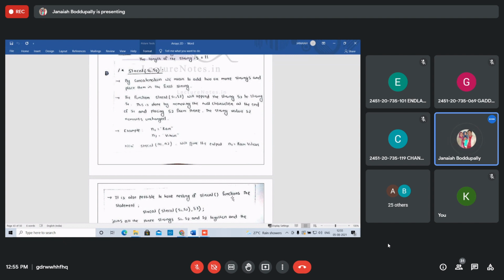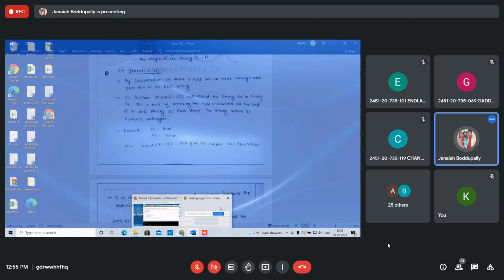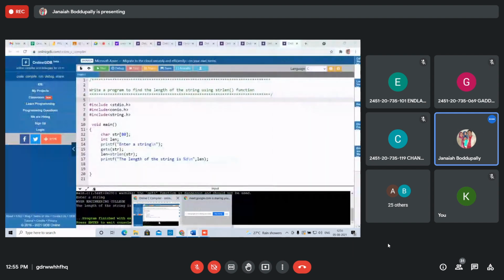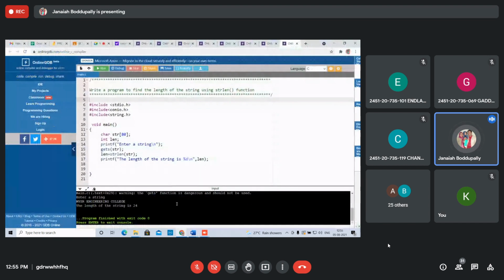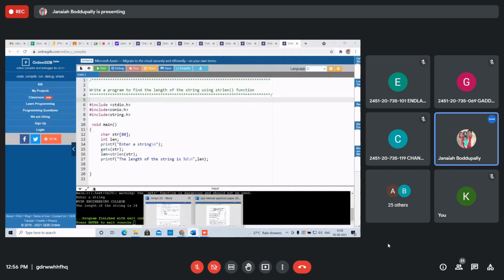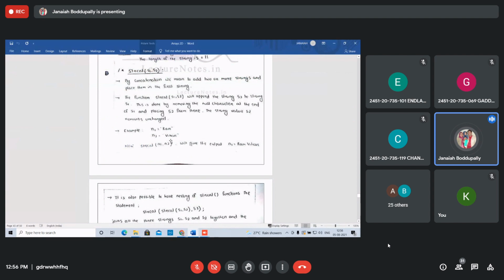See this example. n1 equals Ram, n2 equals Vihar. strcat of n1 comma n2 will give the output n1 equals Ram Vihar.